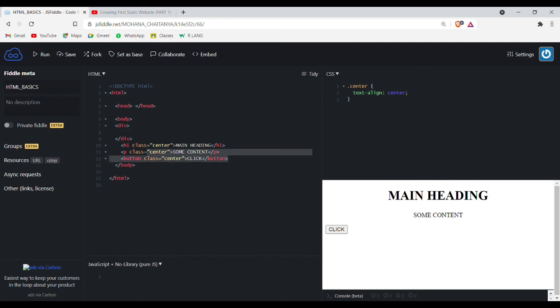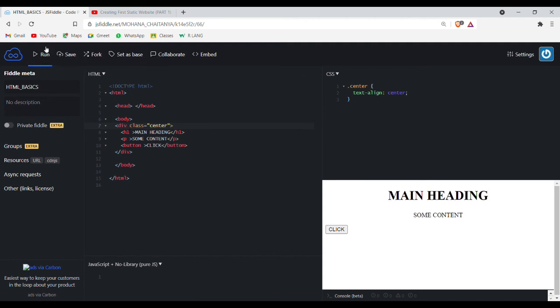So we cut this and put it inside the div element. And we remove this class equals center in all cases, and just keep the class equals center attribute inside the div starting tag.